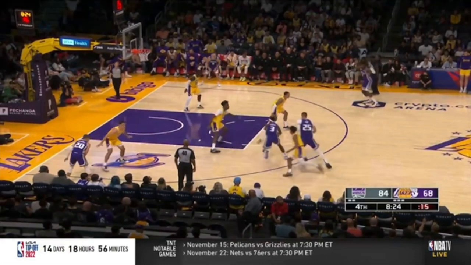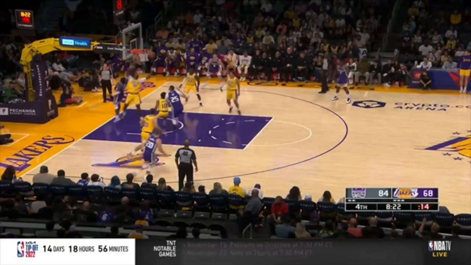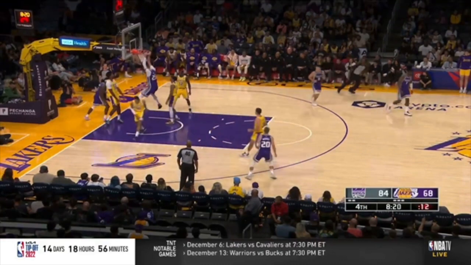But look at the problem here. You're giving this guard the lane, so now this player has to contest at the rim. What does that mean? Well, there's no one to guard his man. So off this contest, it's just going to lead to an easy offensive rebound and dunk.